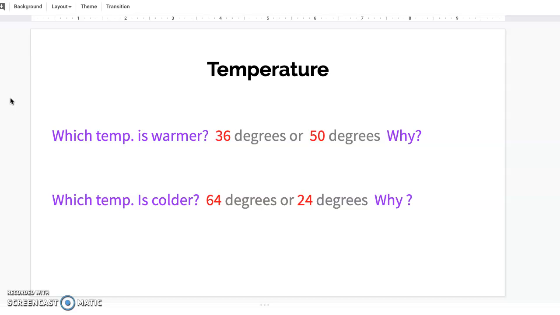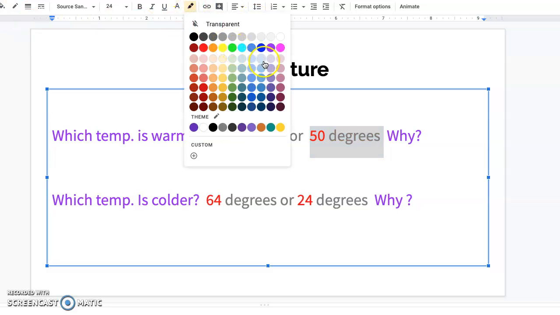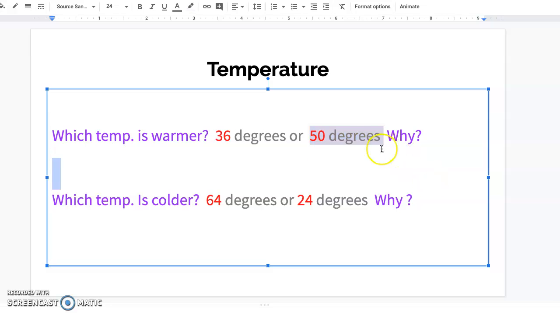All right, temperature. Which temperature is warmer? We have 36 degrees or 50 degrees. Which is warmer? Yep, it would be 50 degrees because 50 is bigger. The number 50 is bigger than 36, and the bigger the number, the hotter it is, or